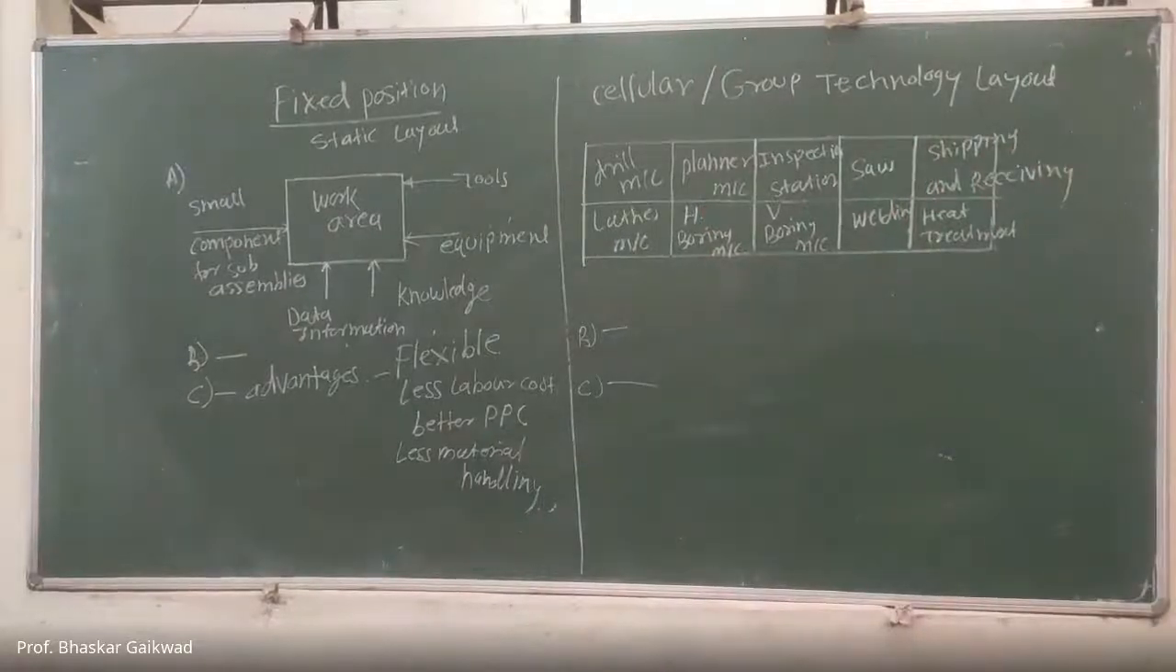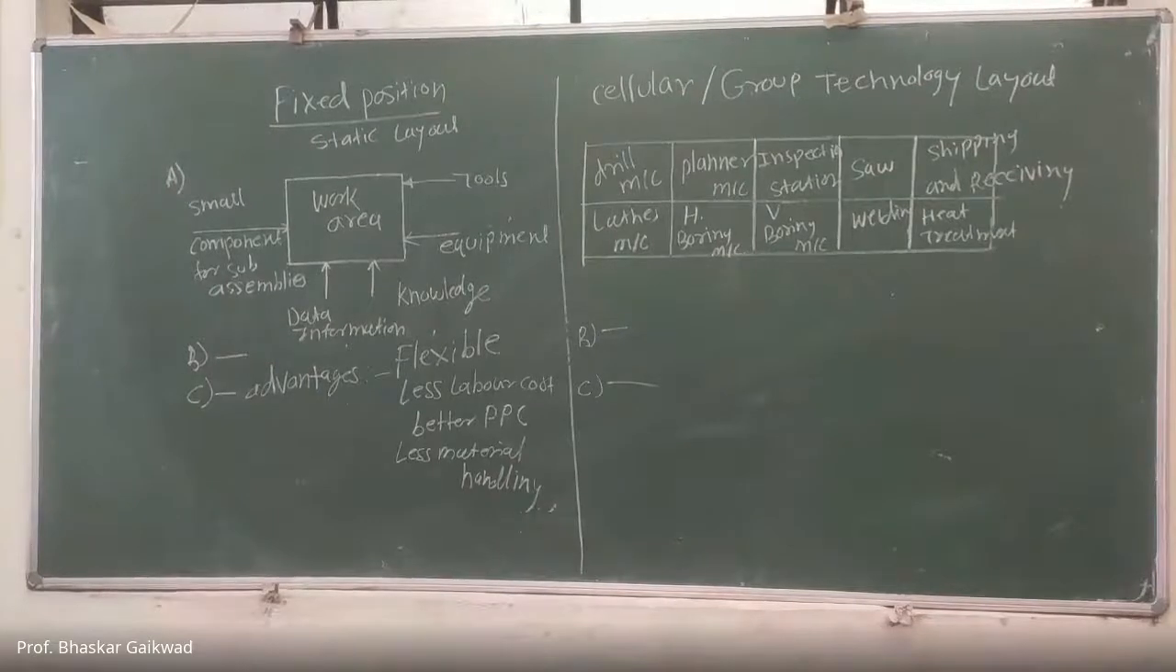See that these are the advantages related to fixed position. Flexible means, for example, one ship is there, we have made the fixed position layout, and manufacturing is going on. Once that shipbuilding is over, then all equipment and machine tools we can move to the next place where the next ship manufacturing is going on. So this layout is flexible. Less labor cost is there because here automation is there. Labor cost is less, and there is better production planning and control because in one place we are doing all these things,